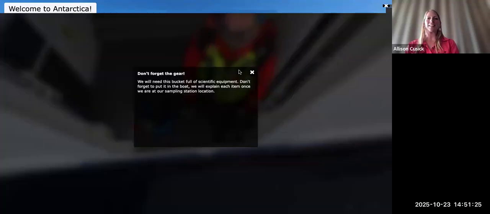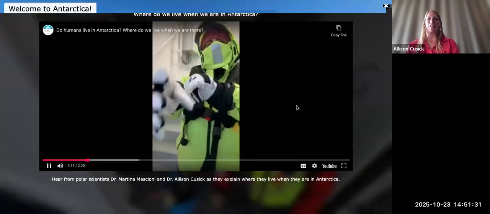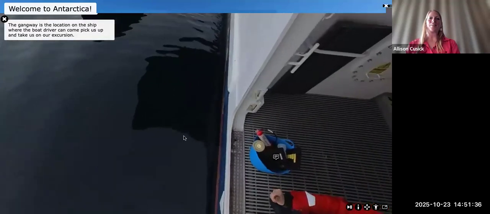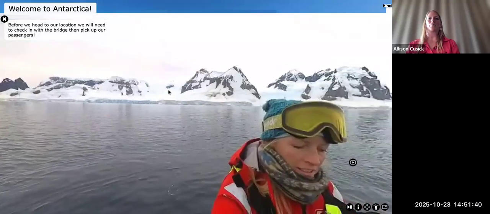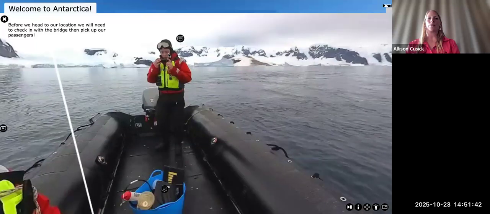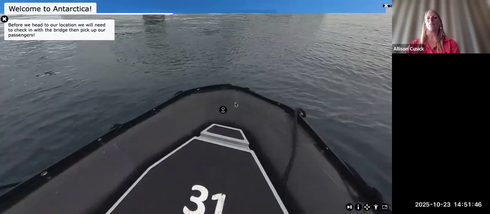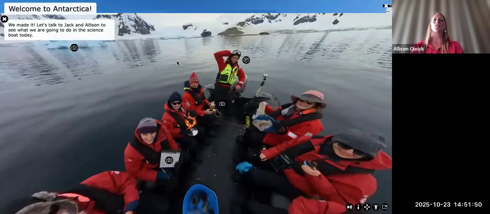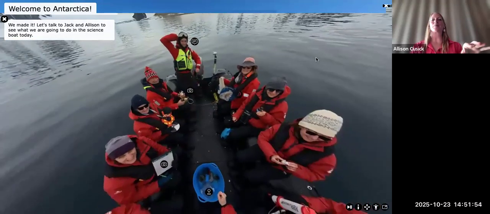Look at what we're going to use, this gear bucket. You can see, so then you can hop in the boat. You go in the boat. Gear, it's kind of whatever you want to pick up your participants. So what I want is for you to get inside the boat and then